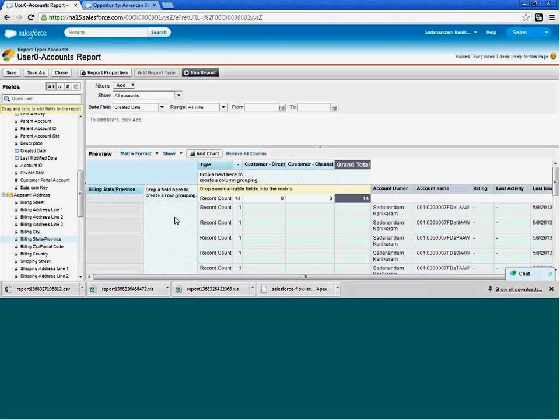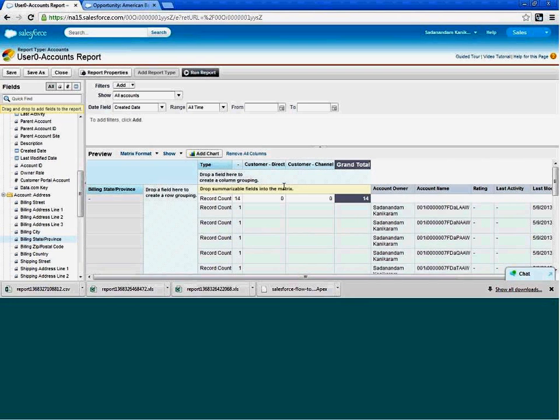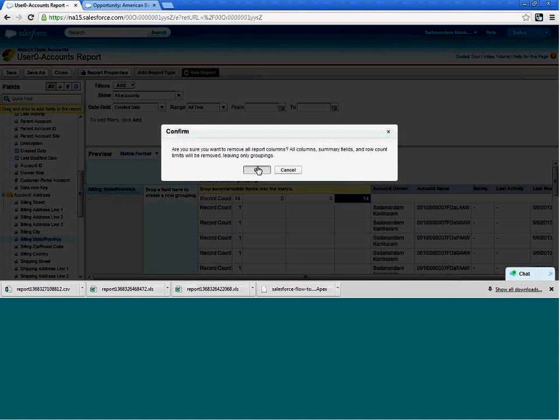And for each state, how many types, right? So for this state, what channel, how many records? Actually, I don't have anything here, right? Then we'll remove all the